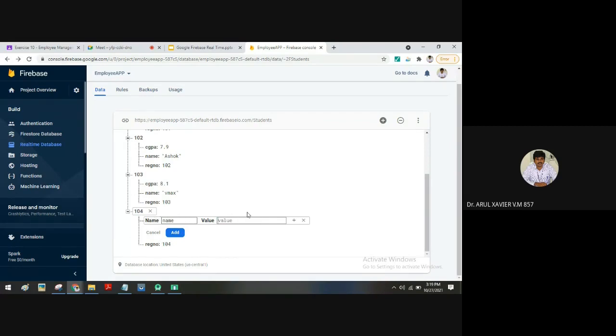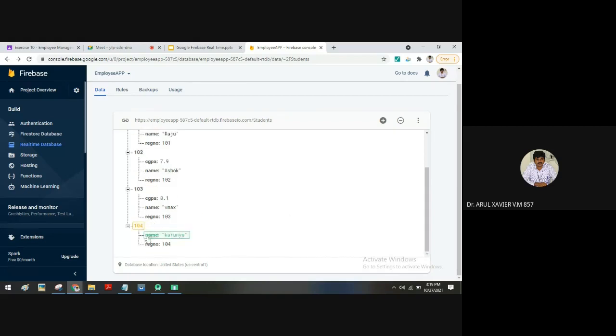Vmax is already there. What is, for example, Karunya? We can add name Karunya. We can add CGPA also. 8.8, add. So now look at that, 104 contains 8.8, Karunya.